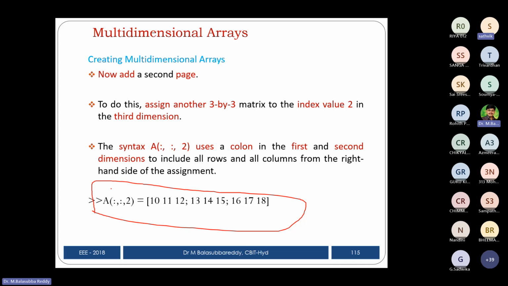Here they are represented as a colon. What is the meaning of colon? Anybody? If the syntax is colon, comma, colon, it means all rows, all columns in the second page. This is the meaning of colon, colon, 2. The first colon means the first dimension is the row, then the next dimension is the column, then the third dimension is nothing but the